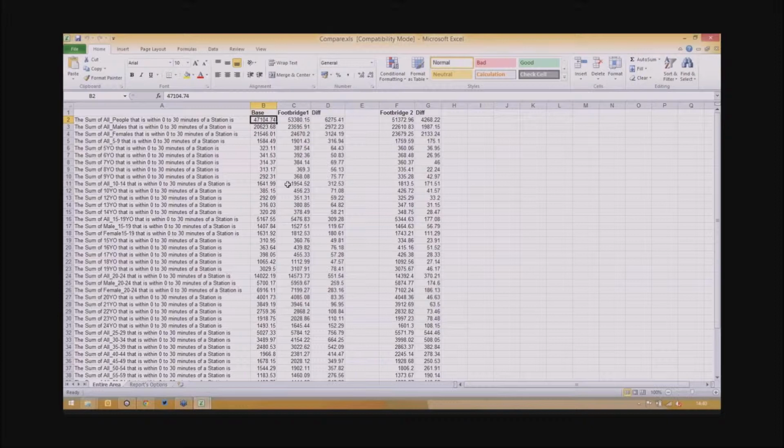Footbridge 1, which is the first option I showed you, would allow 53,000 people able to get to Cathay Station. This is an uplift of 6,275 people in total. Again, if we look at just Footbridge 2, we can see how that's gone up to 51,000, so an uplift of 4,200 people. So this is then showing you quite clearly, the graphics wasn't quite so clear, but using the physical numbers of census data beneath it, we can see Footbridge 1 is a much more viable and much better